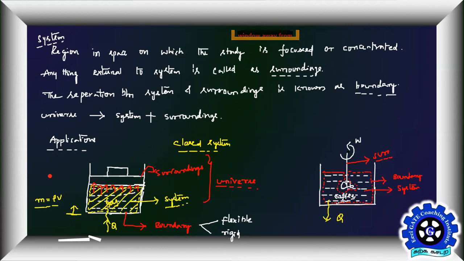But there is no mass interaction with the surroundings. The mass of your coffee before stirring and after stirring, or before and after energy interaction, is almost the same. We assume this as a closed system problem. Similarly here also, the gas sitting here has the same mass during lifting of the piston, or after lifting the piston, during supplying of heat. You see the same mass of the gas. So again this example comes under closed system.